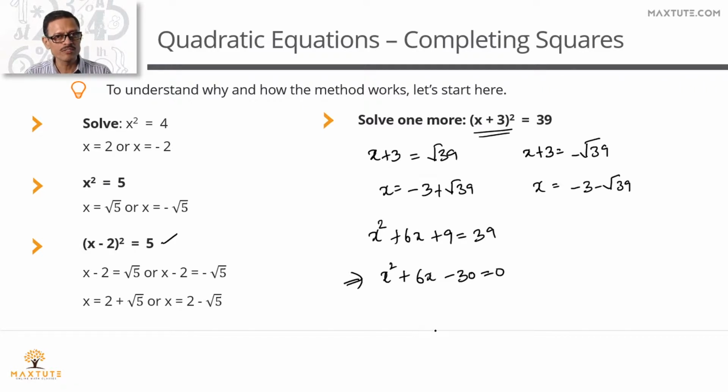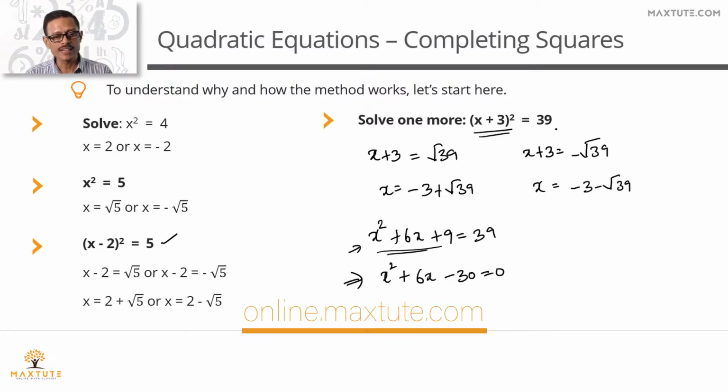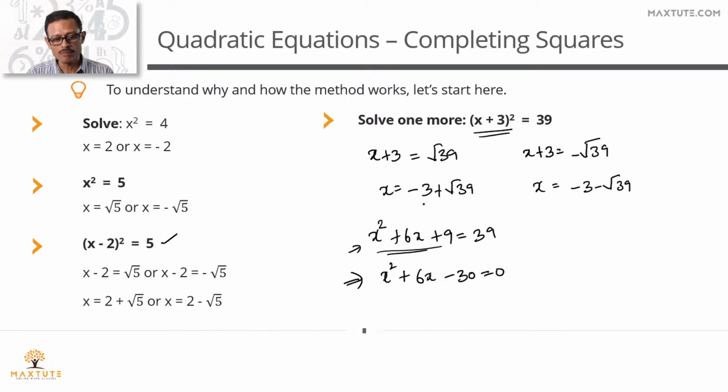We were supposed to find out the value of x by the method of completing squares for this. So x square plus 6x minus 30 equals 0. The preceding step, what was it? X square plus 6x plus 9 equals 39. This is x plus 3 the whole square and that is equal to 39. So we can find the value of x to be equal to minus 3 plus root 39 and minus 3 minus root 39. So if this is our starting point and if we went ahead and did this process of completing squares, we would have got something like this. And from there, we could have got the value of x without batting an eyelid at all.